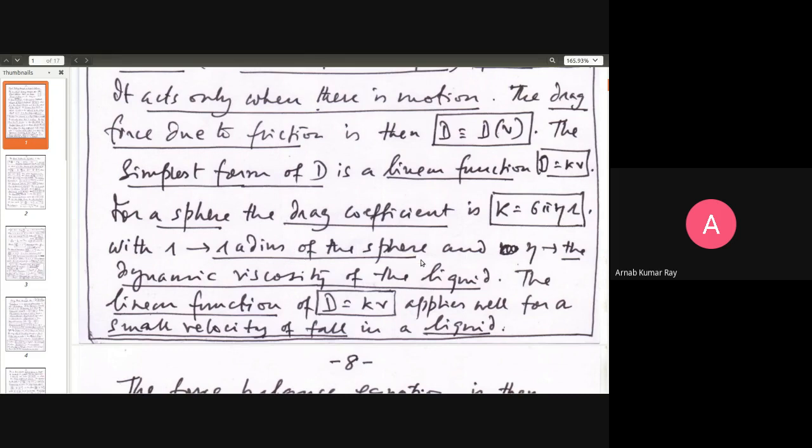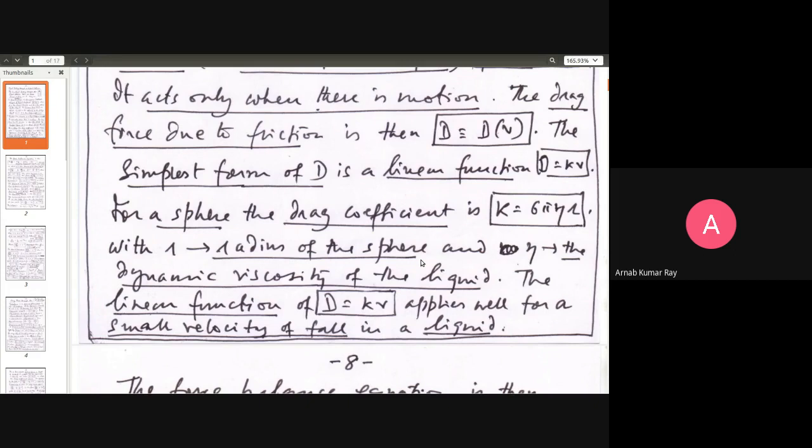Just think of something. I ask you to take a stick and throw it in the water. If you throw the stick into the water with its pointed surface hitting the water first, the stick will go into the water far more easily. Follow this point carefully. The stick will go in far more easily than if you were to throw the same stick flat side on the water surface. In this latter case, it may very well happen that the stick may not even enter the water. It'll just be floating on the water. Why? Because in the latter case, the stick is offering its entire length to the water to resist against.